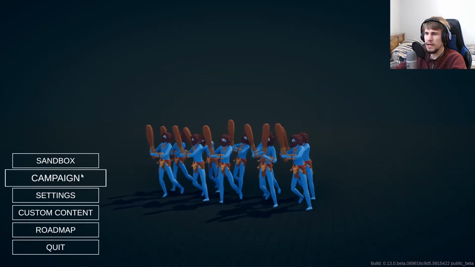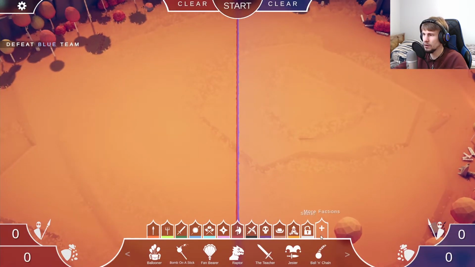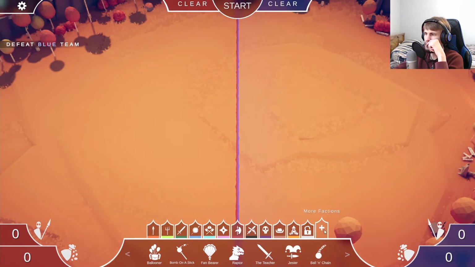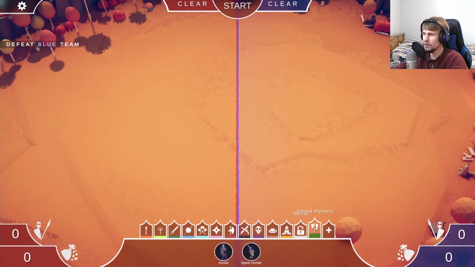And now let's take it into the sandbox, because I think this will let us properly put something in. So we'll start with Tribal 1. Okay, so then you take one off that you don't want to use. Probably take off the Farmer. Wait, how... Okay, how's this supposed to work then? Oh, there we go. Okay, so that's how you do it. You basically just slide it up and...